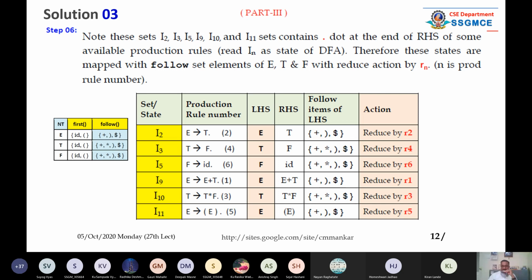So in this way, you try to interpret it. I have simplified it. In exam, you don't need to write this. It is only for understanding. So therefore, the states are mapped with follow atoms. Because when we construct the SLR parsing table, there is an action part, go to part is there. Action part is mapped with the terminal items, and go to part is mapped with the non-terminal items.